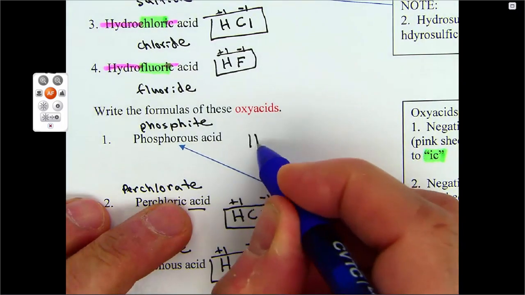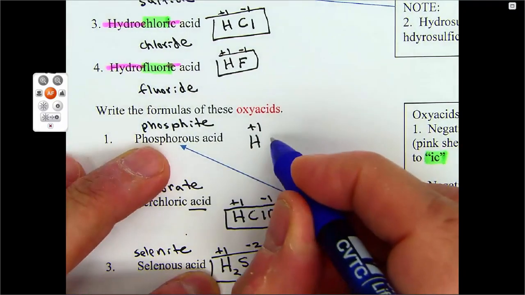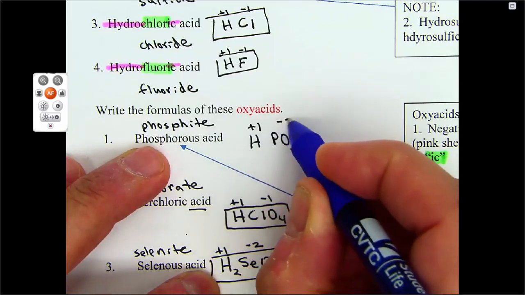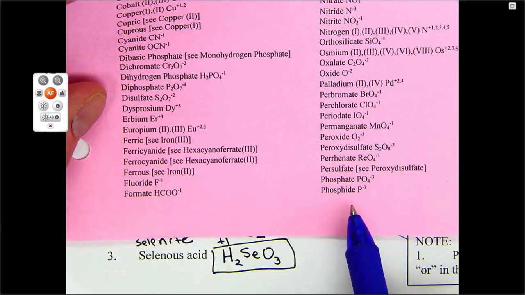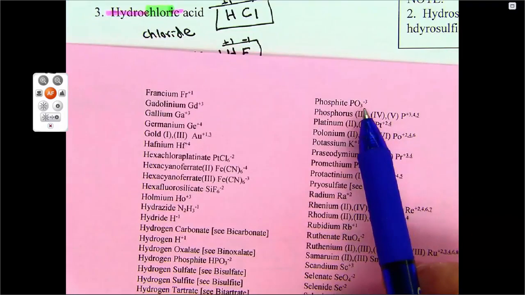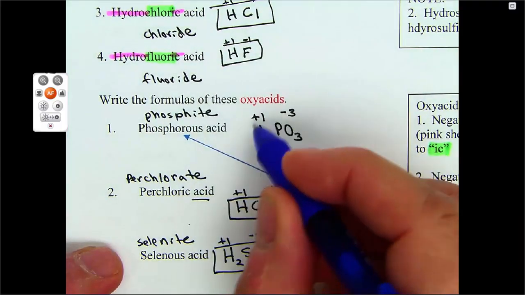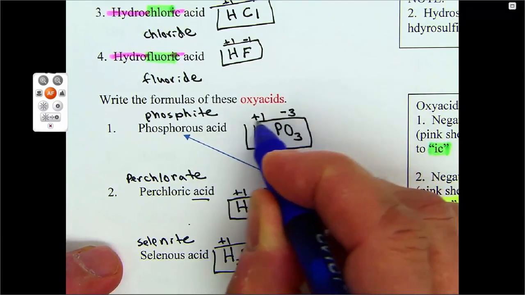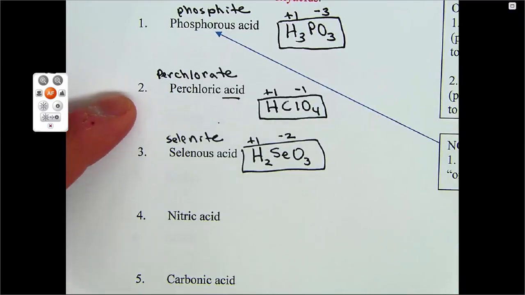So acid, H+1. Phosphite on our pink sheet is PO3 -3. Phosphite, PO3, oops, top of the third column, PO3 -3. So in order to get 0 across the top, we could put in 2 more hydrogens, but we need 3 hydrogens too. Okay, so that's how we write out